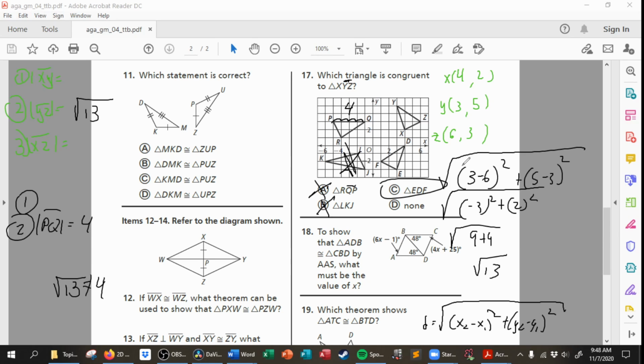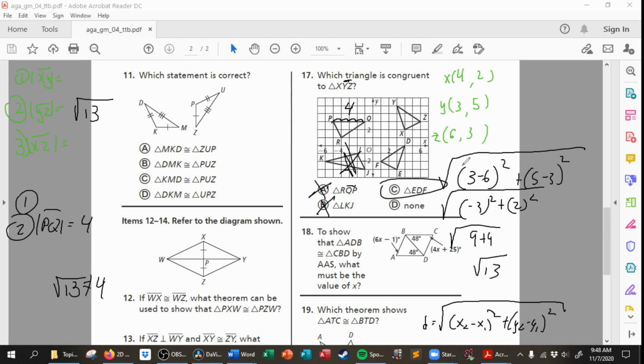And then RQP, I was able to get rid of because I can show that those two corresponding parts are not congruent, so it can't be that one. Now, if EDF doesn't end up working for us, then we do have to check LKJ because we can't trust our eyes. But like I said, since this is on a scaled grid, we're not really trusting our eyes when we're doing this. We're knowing that these are drawn proportionately and that their lengths should be visually the same since